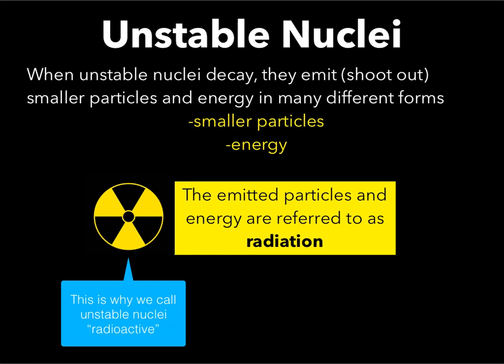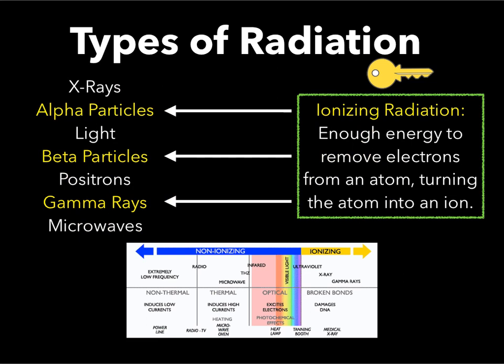So what happens to unstable nuclei? We know that they emit, decay, and shoot out smaller particles and energy in many different forms. This type of energy that is being emitted is referred to as radiation. And that's why we call unstable nuclei radioactive, because they can emit radiation. There are many types of radiation. We have X-rays, alpha particles, light, beta particles, positrons, gamma rays,